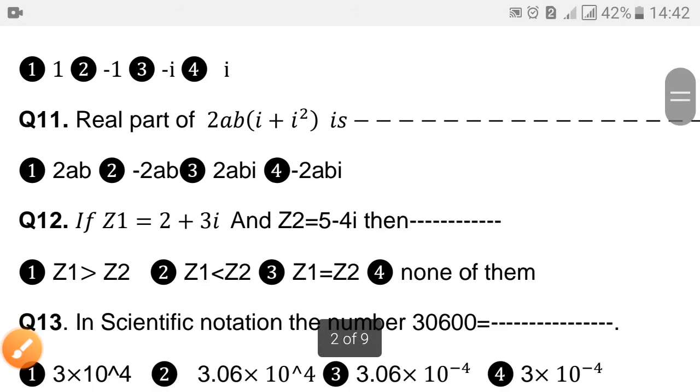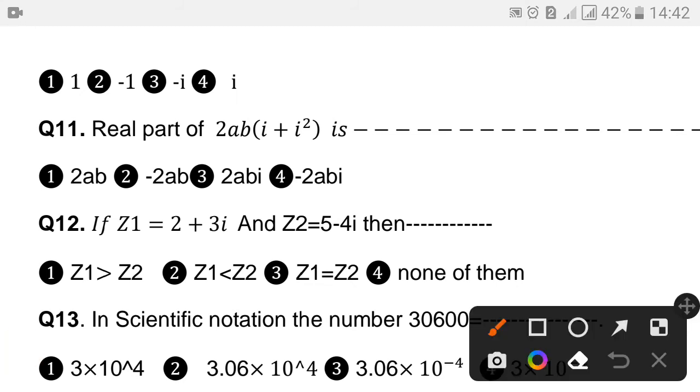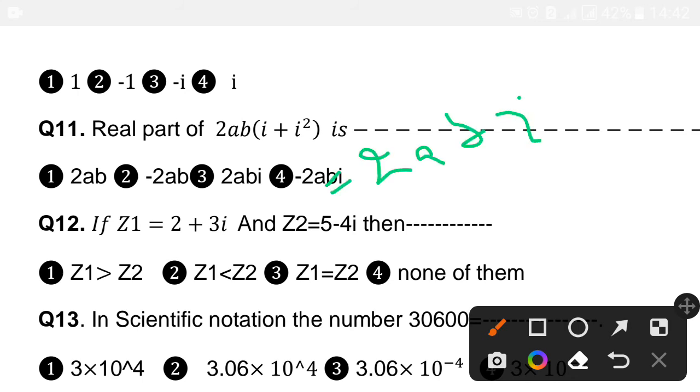Question number 11 is the real part of 2ab iota plus iota square. Every complex number consists of two parts. One is called the real part, which is free from the imaginary number, and the other is called the imaginary part of the complex number, which consists of iota. So first simplify this, and after that we see which one is the real part and which one is the imaginary part. So 2ab iota plus iota square equals 2ab into iota, and iota square is equal to